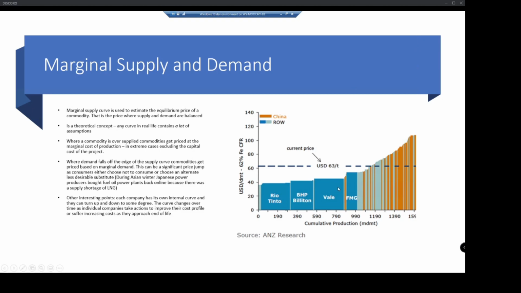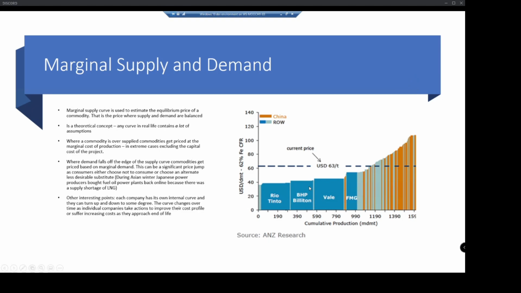And then there's another one of these curves, which you can't get. Well, I've never seen one anyway, but you imagine it as the equivalent of this. So Rio Tinto is selling to Chinese steel mills. There's going to be a Chinese steel mill that will pay $160 a ton, and another one that's prepared to pay $150 a ton, and another one that pays $140 a ton, all the way down to here. And whoever this guy is over here, he's the guy that's going to set the marginal demand price.